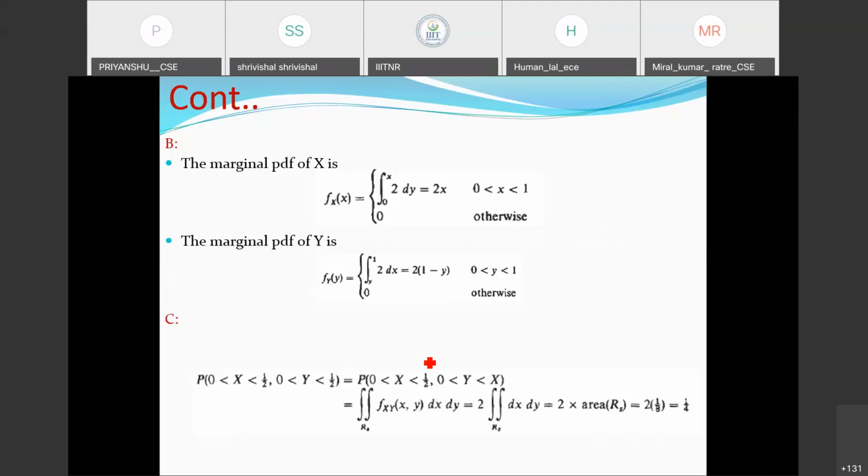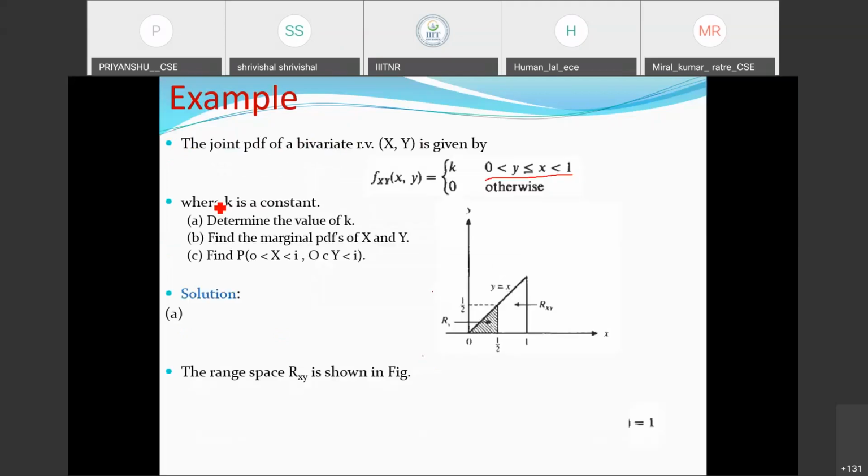Okay. So now I got a few inputs here. Based on that, I am trying to explain things. Okay, fine. So first, for the marginal PDF of X we are considering here, what was the input condition given? This one: 0 to y, and y is less than or equal to x.